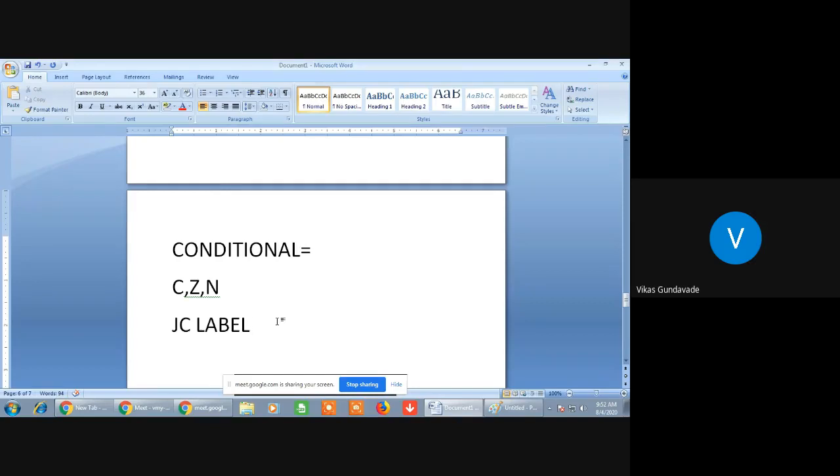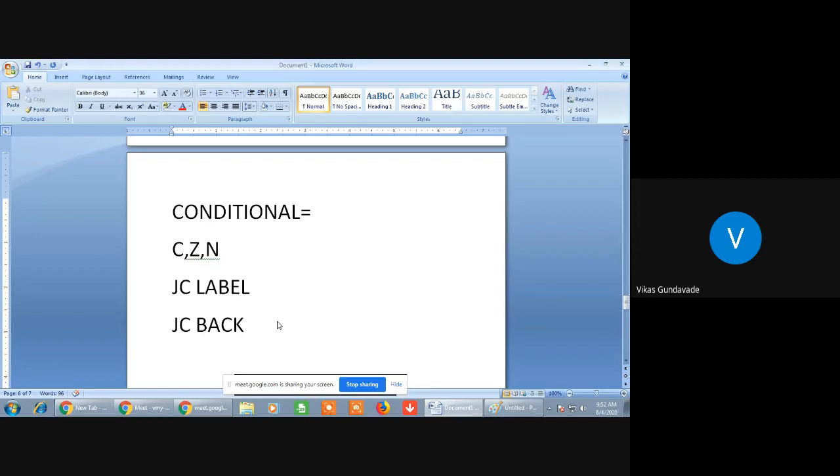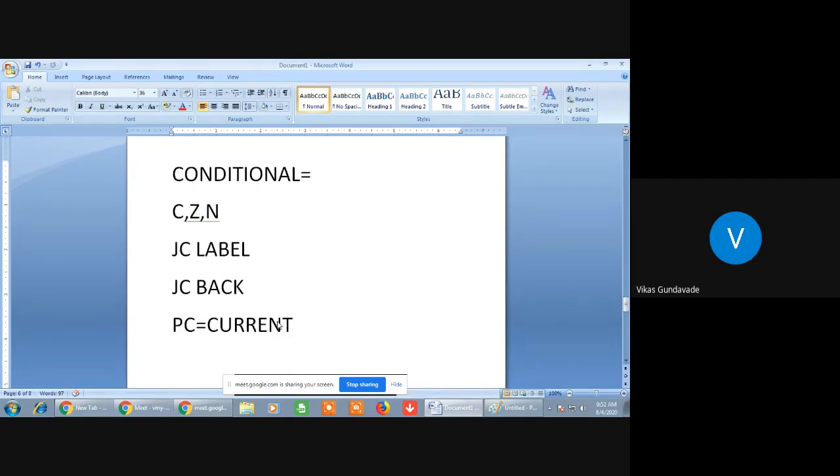execute the next instruction. So suppose within the program the instruction is JC BACK, where BACK is a label provided somewhere in the program. If this instruction is executed, the controller will execute that instruction and shift to the new address location provided at the label BACK.